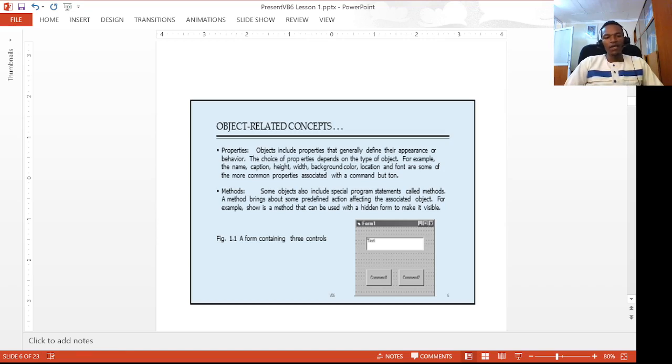In this figure 1.1, it is a form that has a name, a text box, and the two command buttons. The text box, where